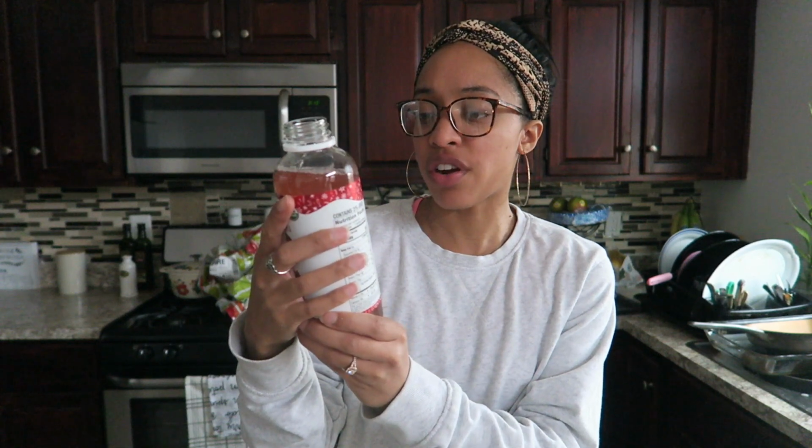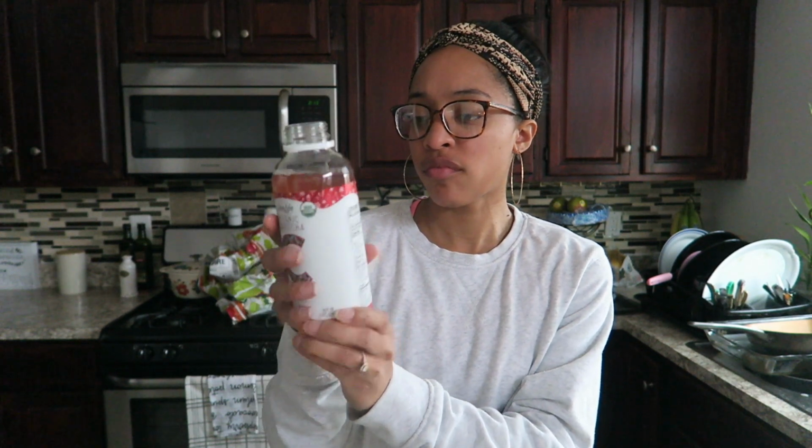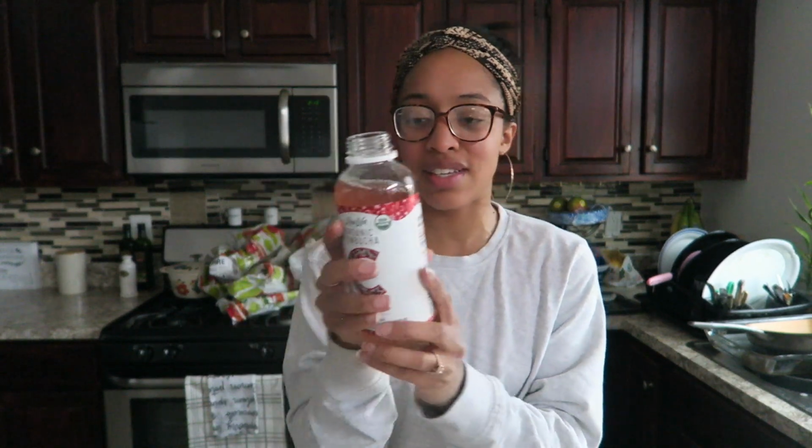It's not terrible, but it's definitely not for everybody. I do say it's more cinnamon than it is cranberry. That's not bad. That's not bad at all. Let's see how much sugar it has though. 16 grams of sugar. Goodness, guys. It's only 3% juice. Yeah, it's a little high on the sugars for me, but